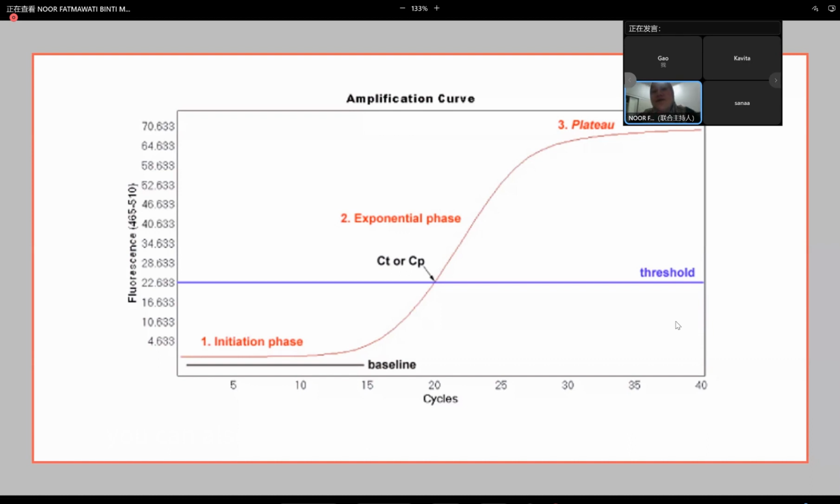So for threshold, you click automatic, so the machine will adjust the threshold at the automatic level. Anyway, this threshold is important because the point where this threshold meets your amplification is the one that you will take as a detection